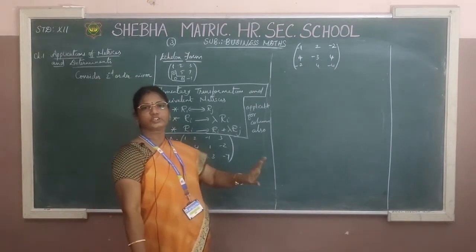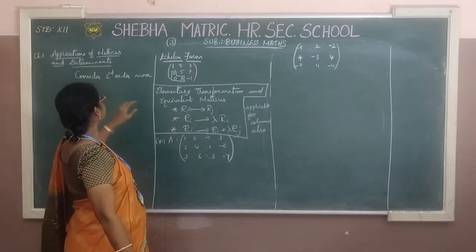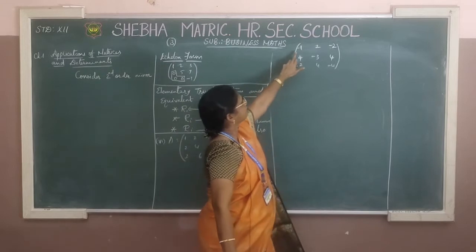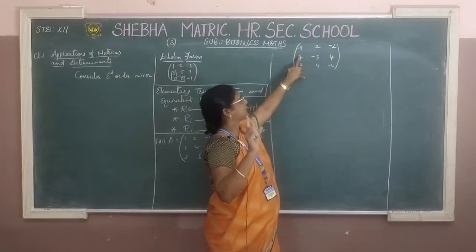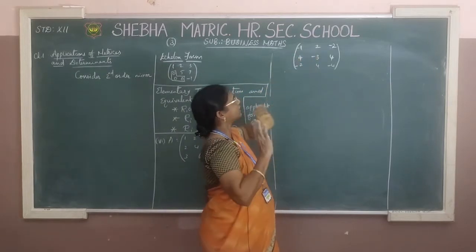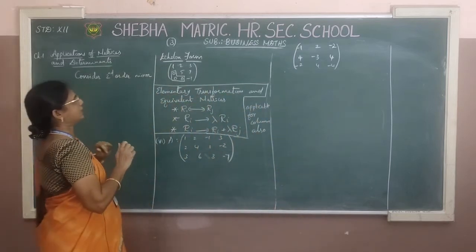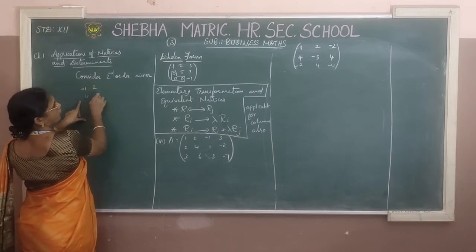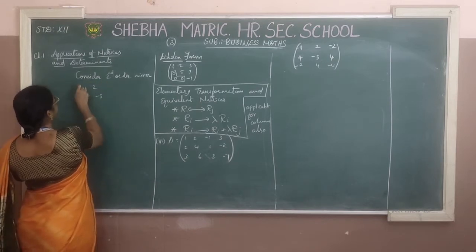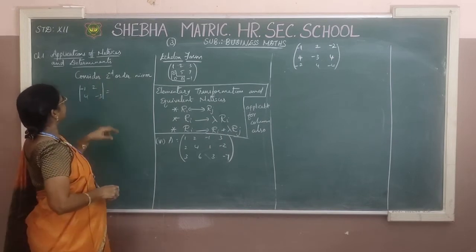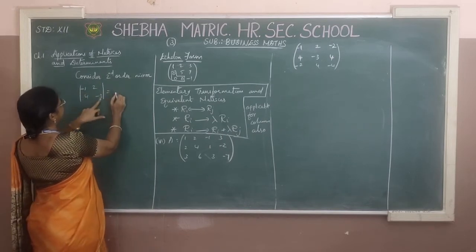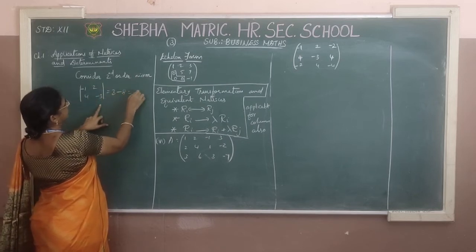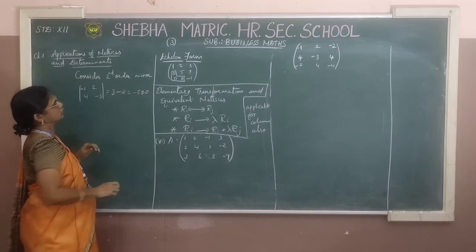Listen, now we get 0 for third order minor. Next, let us consider the second order minor. And we know very well, for each and every element there is a second order minor. So, we are having 9 minors in this matrix. First consider one minor, minus 1, 2, 4, minus 3. And find the value of this minor. We get minus 1 into minus 3 is 3, minus 4 2s are 8, we get minus 5 and it is not equal to 0.